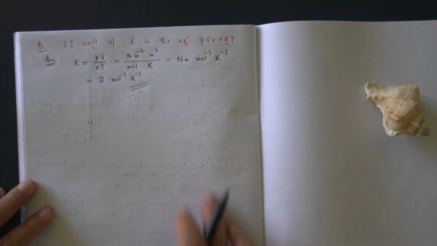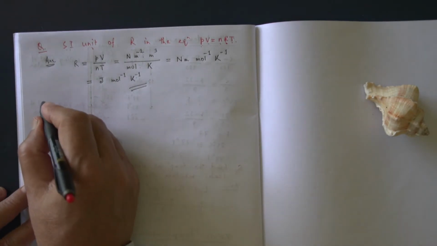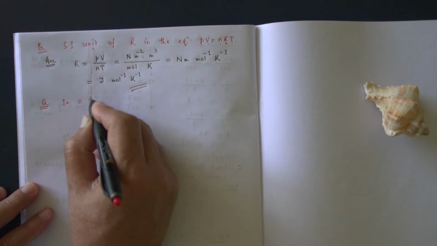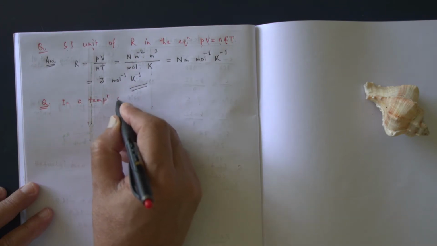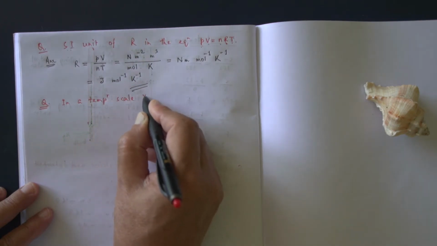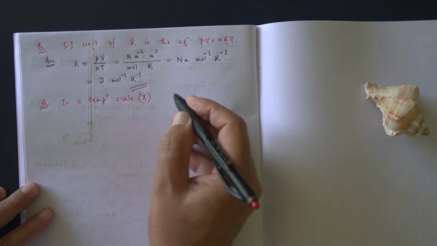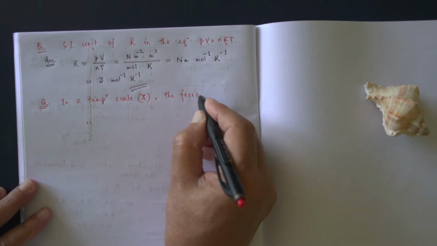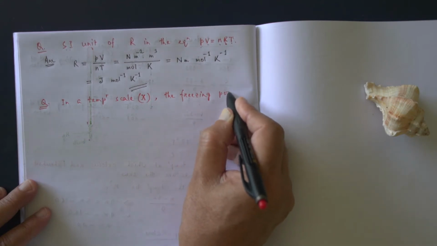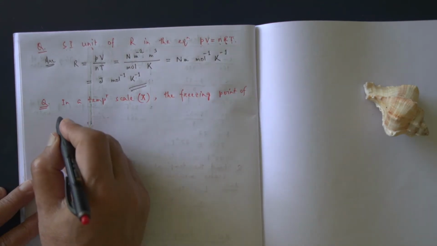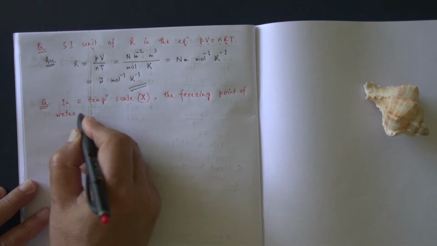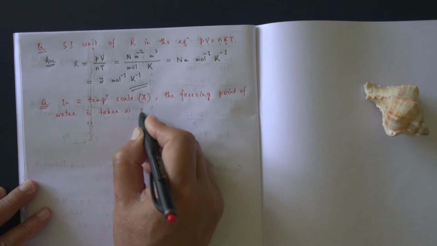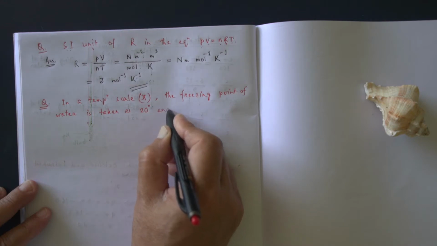Now say let us look at another problem. So say in a temperature scale, say X, temperature scale is X, okay, the freezing point of water is taken as say 20 degree,